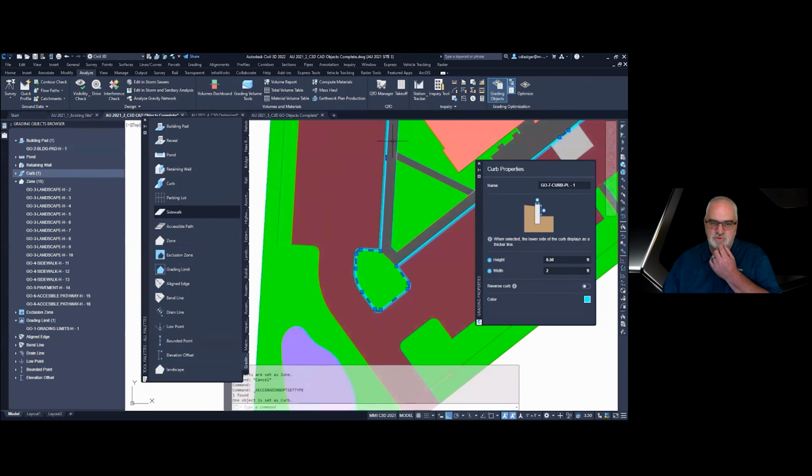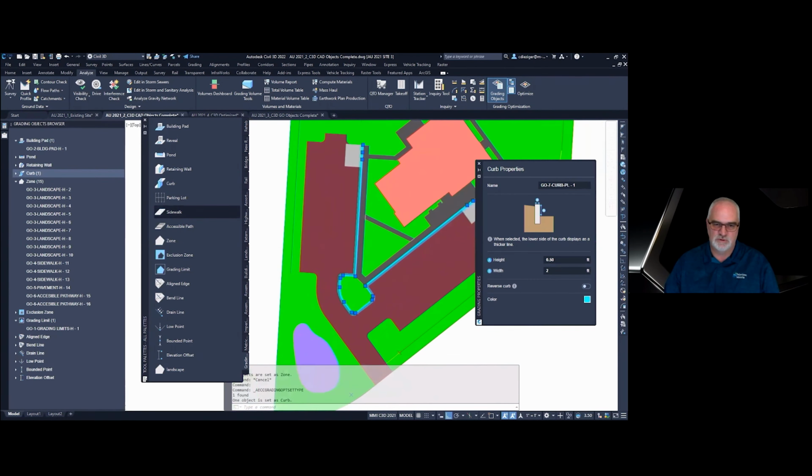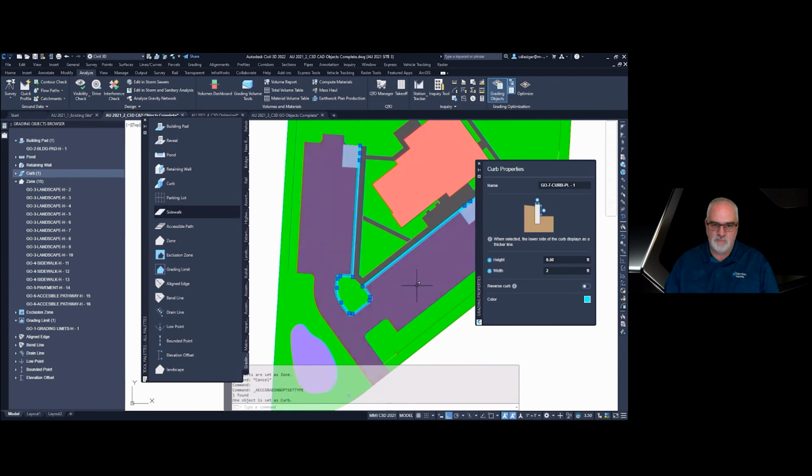The direction you draw the curb in matters. So the display of the thicker line will show you the back of the curb, and so you want to make sure that if I drew it the wrong way, I'd need to flip it so that it shows correctly. Now that's something you can switch in GO once we get there too, and it'll bring it back to Civil 3D. But you want to pay attention to that.